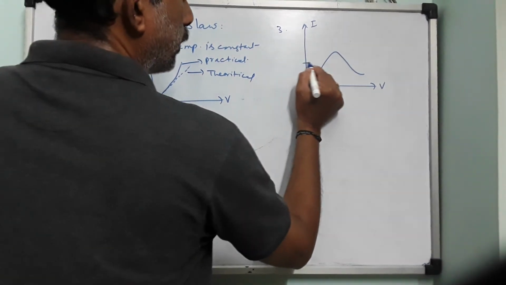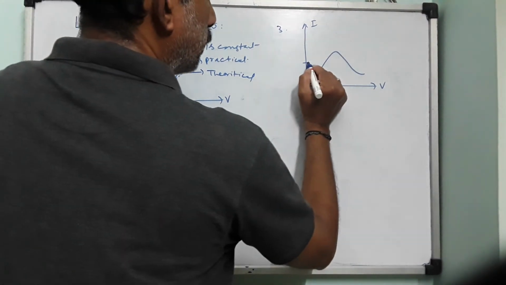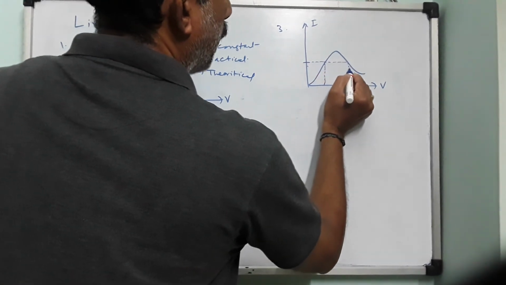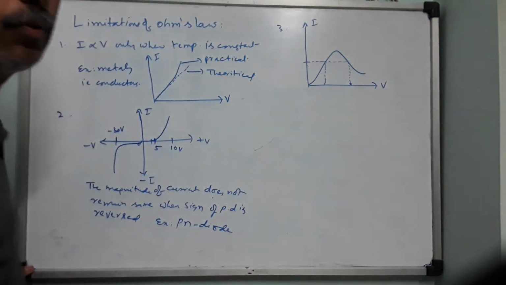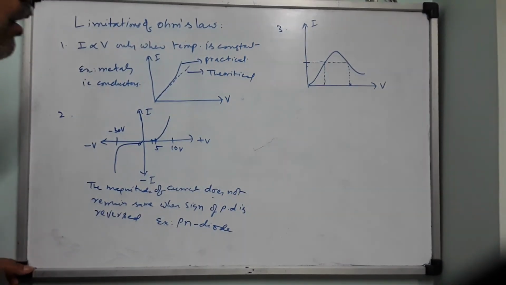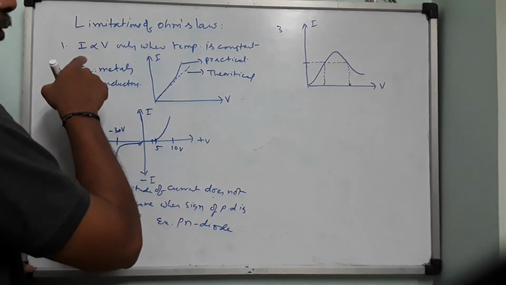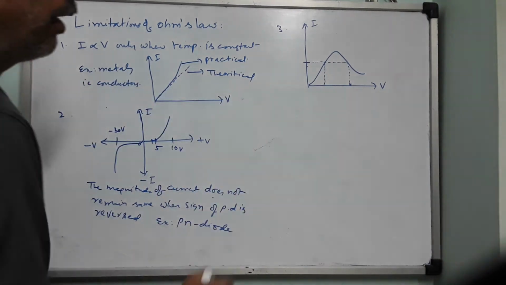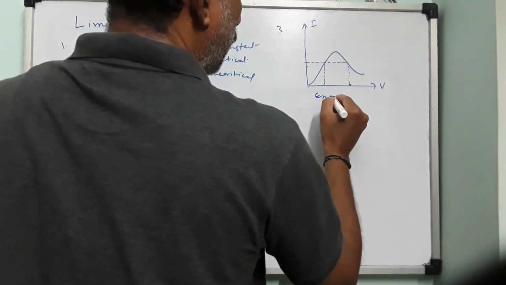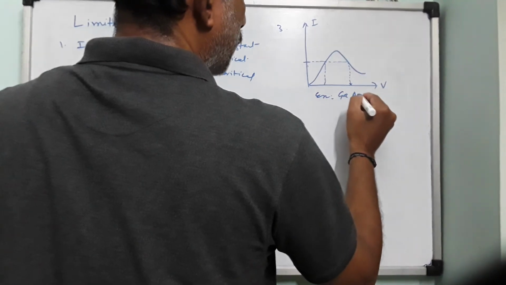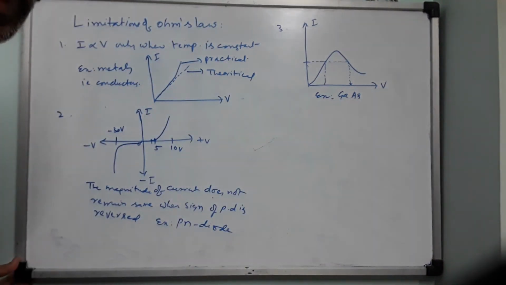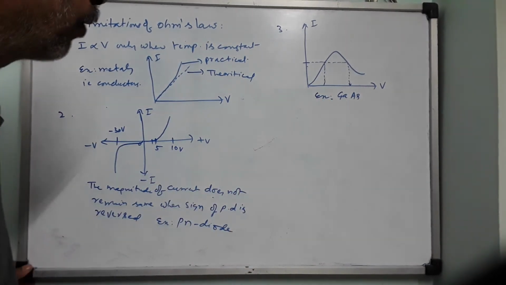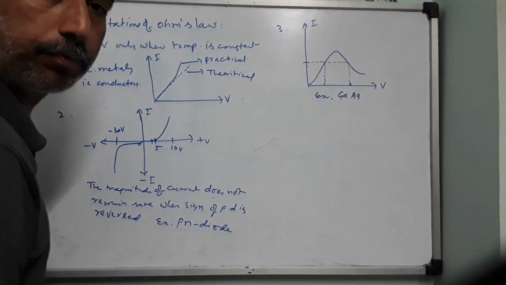Suppose if I take a current here, say 5 ampere or something else. So here this is what? Some voltage, maybe 2 volt. And here for the same current, you are getting another voltage, maybe 6 volt or 8 volt. So the value of V is not a single valued function for a given current I. It may vary. Example, gallium arsenide. What is gallium arsenide? It is a semiconducting compound which exhibits this type of behavior.